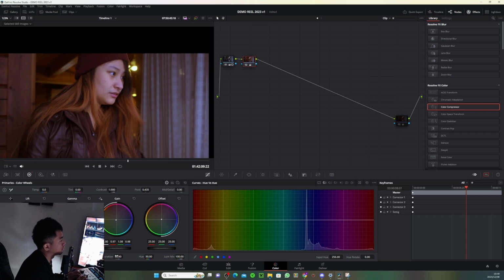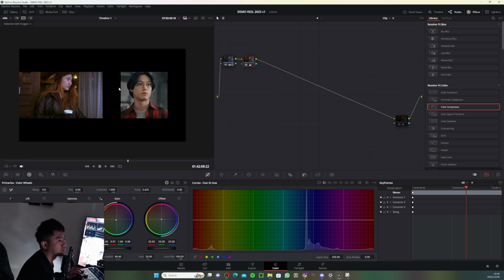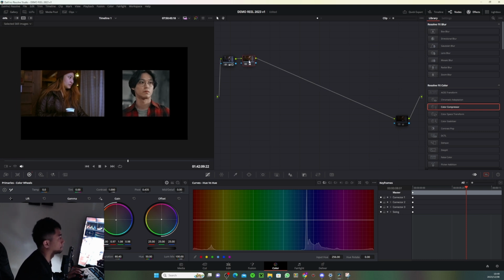Okay, don't mind the whole image, just focus on the skin. Adjusting my lift. It's not yet perfectly matched, but we'll get there. Okay, so now I'm going to move my lift, because apparently this part here is already